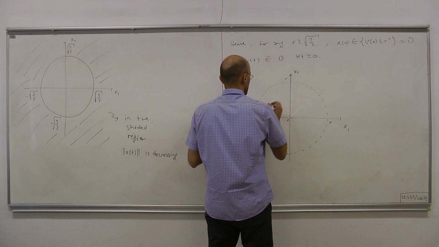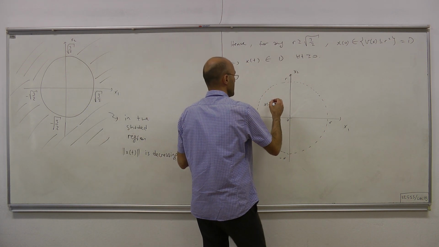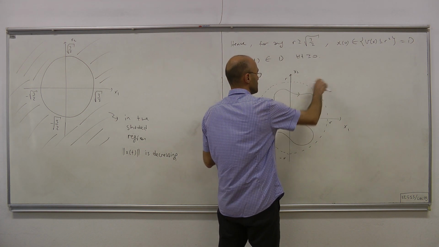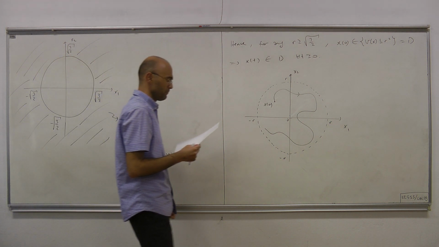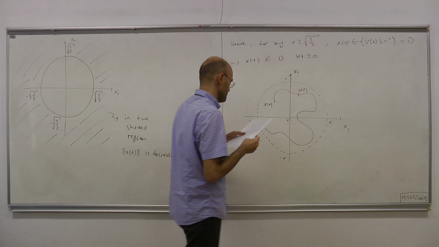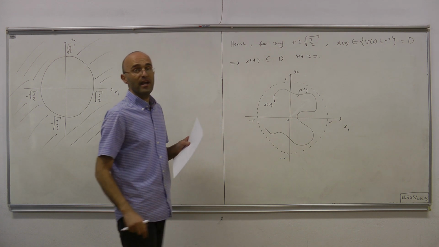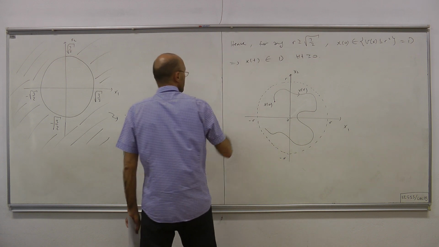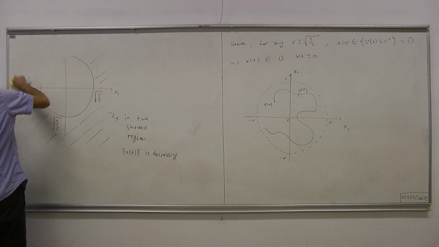So, suppose that you start here at x0, an arbitrary condition in that disk. What we have just shown is that x of t can do many fine things, but you can never leave the disk, you can never go outside. Now, that completes part A. We have shown that a disk, if the radius is large enough, is forward invariant for our system.